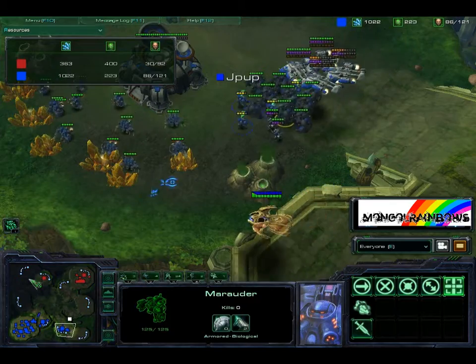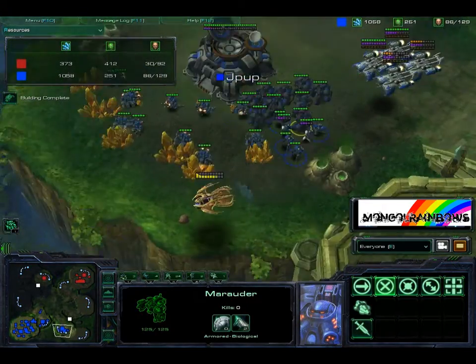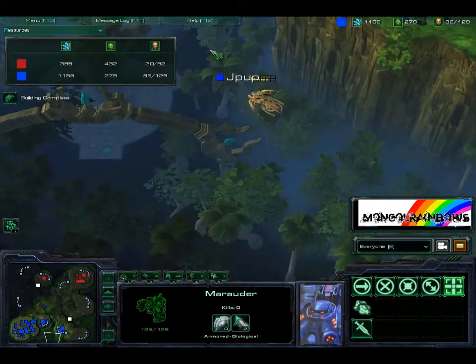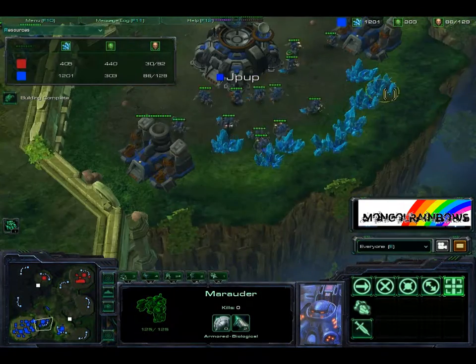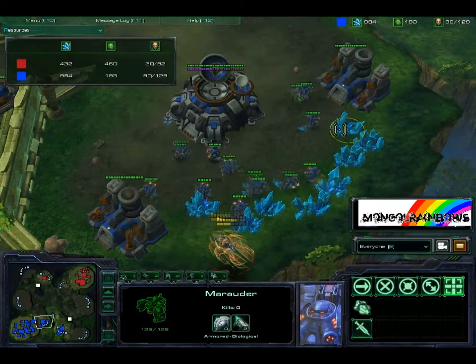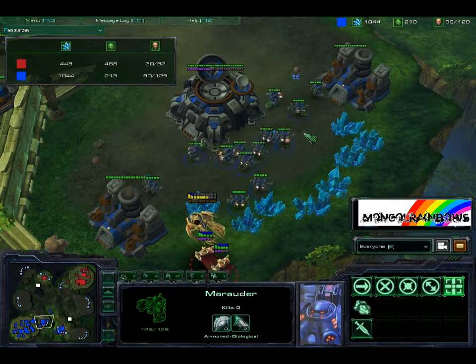I'm actually going to watch this entire thing in jpup's view, see if this Warp Prism goes out of range, and it does not. This Warp Prism is completely out of shields, as it just comes around. It looks like it's going to have to come into jpup's natural. jpup's natural is completely undefended, no turrets there, no forces, and these High Templars are going to absolutely be able to make mincemeat out of these SCVs, unless